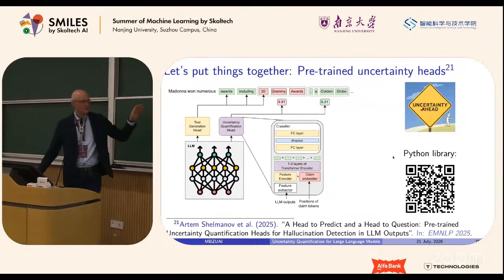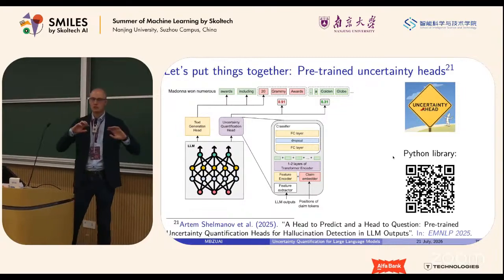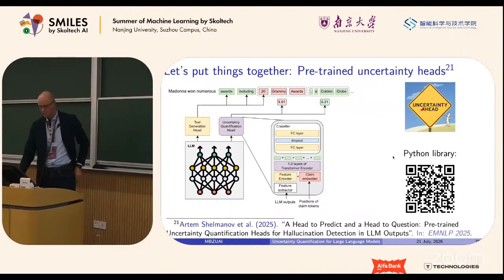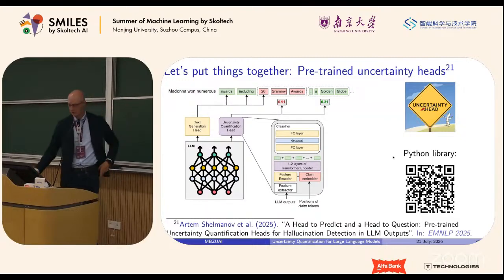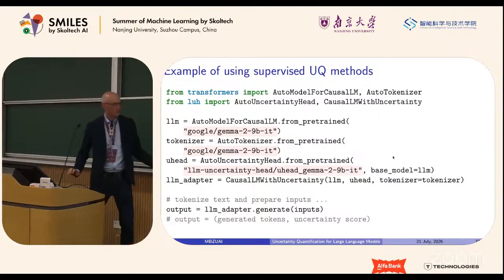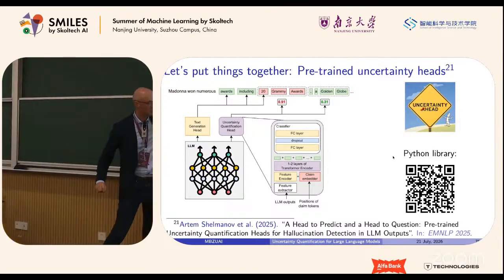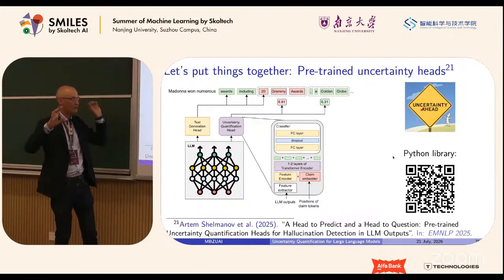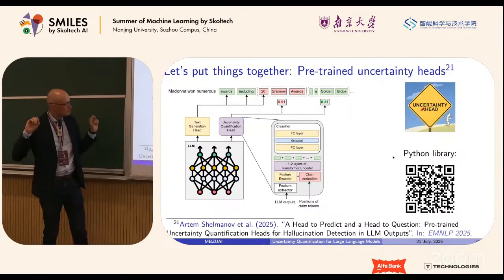And finally, what we did last year, we created a library that allows you to build these hallucination detectors on top of the language model's internal states, which I think is a go-to for supervised hallucination detection methods. Very straightforward code. This uncertainty quantification head is an additional head on top of the language model, which is, once again, a very lightweight transformer, only 10 million parameters or maybe 100 million parameters. That helps you to detect hallucinations in the text, and it's pretty good.